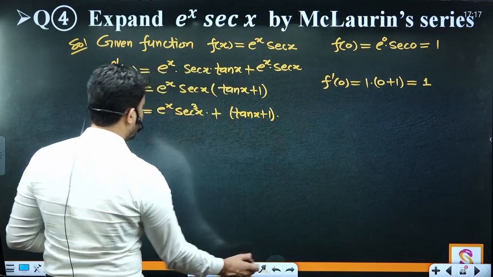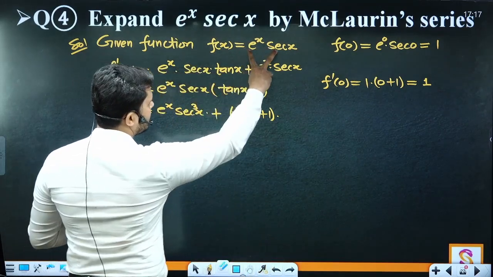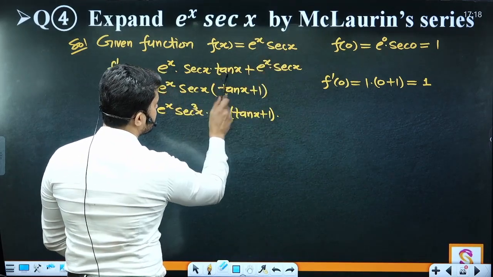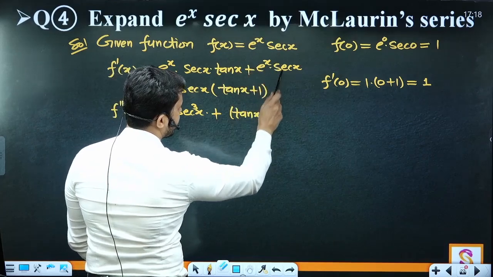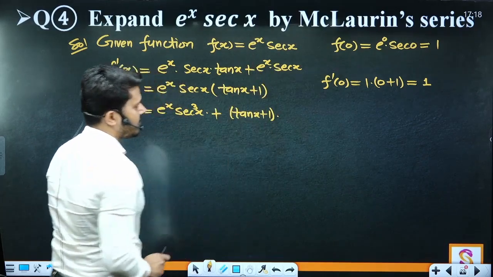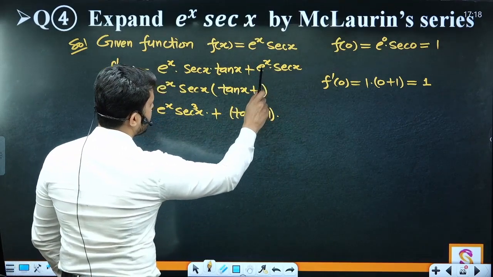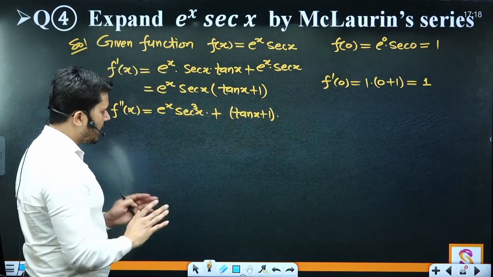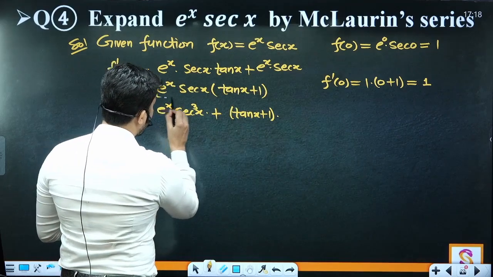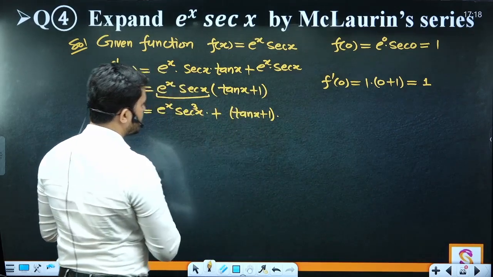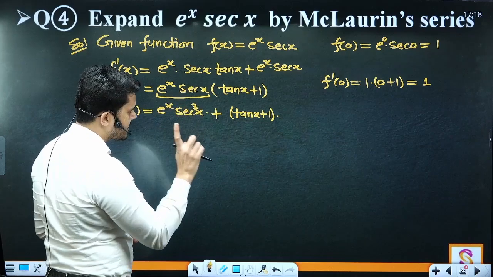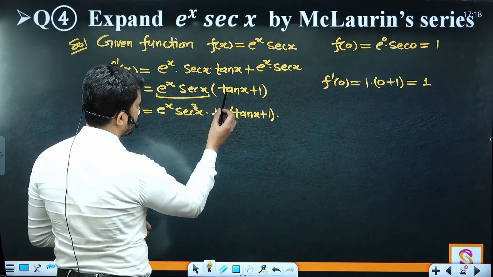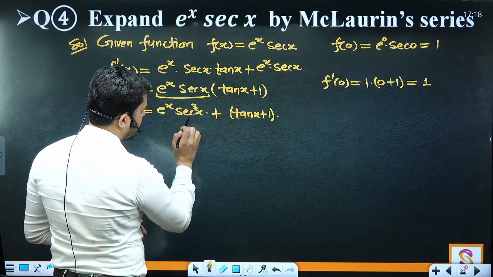देखो ध्यान से देखो, बस ये कहना चाह रहे हैं that e to the power x into sec x will be differentiated like e to the power x as it is, sec x का differentiation sec x tan x, and फिर sec x as it is, e to the power x का e to the power x, and you take the common e to the power x sec x, then in the bracket it will become tan x plus 1. Now if you are taking it as a first function and this one is second function, then e to the power x sec x as it is, differentiation of this bracket, tan का differentiation क्या होता है sec square, तो sec square into sec क्यूब हो जाएगा, राइट.